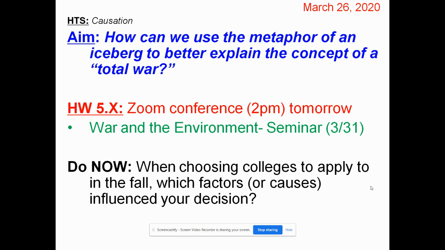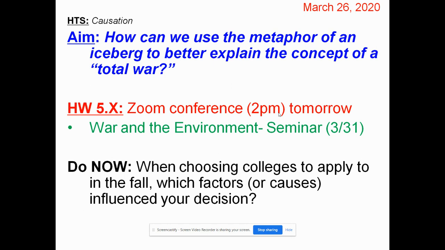So, I do want to just call out that tomorrow on the 27th, I'd like to have a 10 to 15-minute Zoom conference. From those of you that did respond to the request to identify times where you would be available, the majority of you said after 12 or 1 o'clock, so I figured 2 p.m. would be a good time just to kind of see each other and to interact looking at the lesson. So the lesson for tomorrow is going to be on the Russian Revolution. So I figured we could have a Zoom conference that kind of discusses that.